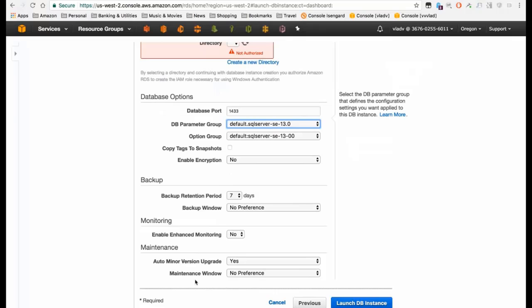So you can configure additional options for your database. You can change the port. You can have custom parameters that you apply to that database. You can choose to encrypt the database. And you can choose to configure the backup and maintenance windows for your application, as well as whether you like enhanced monitoring, which provides additional granularity for your database instance monitoring, optionally. We'll leave the defaults here just because this is a lab,